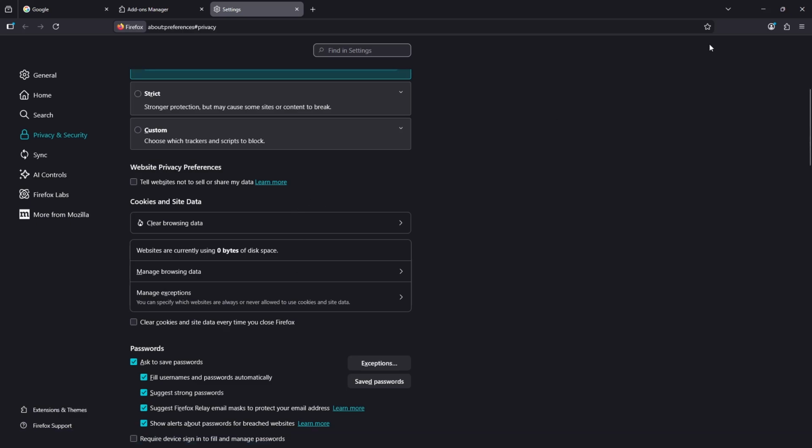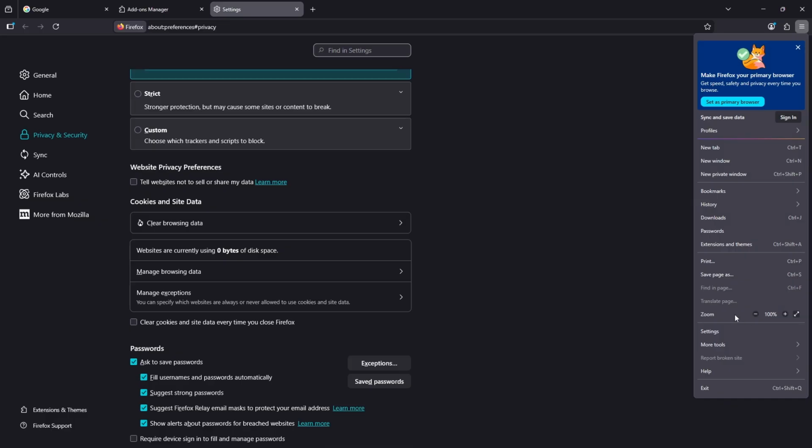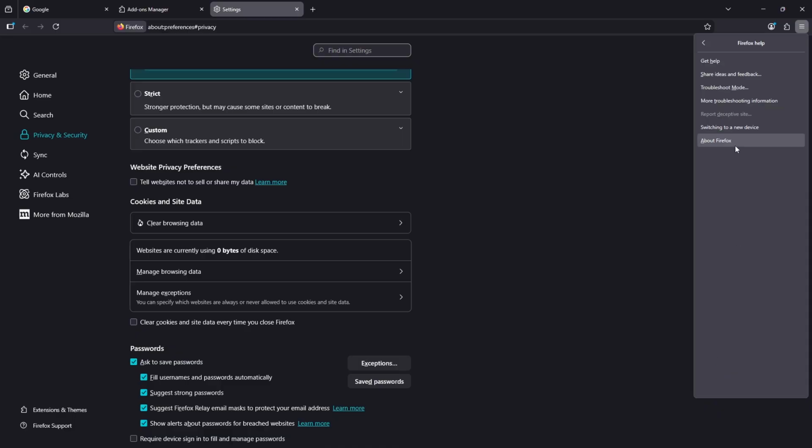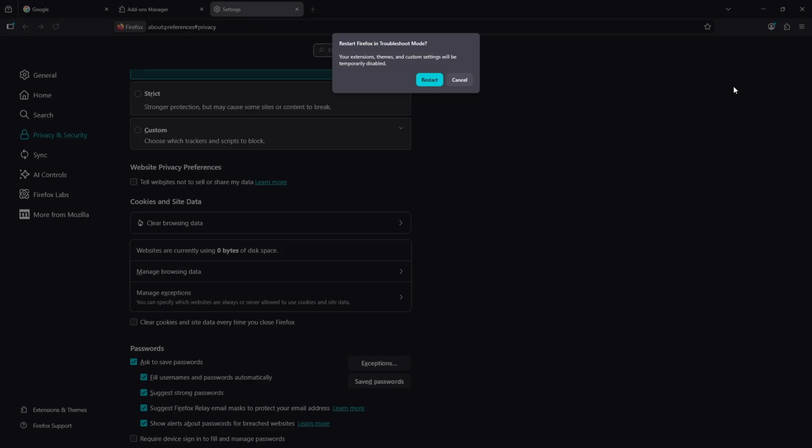Now another option guys is you could just simply select the three lines on the top right corner and then go ahead and go for the help. And now here go for the troubleshoot mode. So guys, sometimes restarting the Firefox in troubleshoot mode can fix most of the issues on your computer by selecting